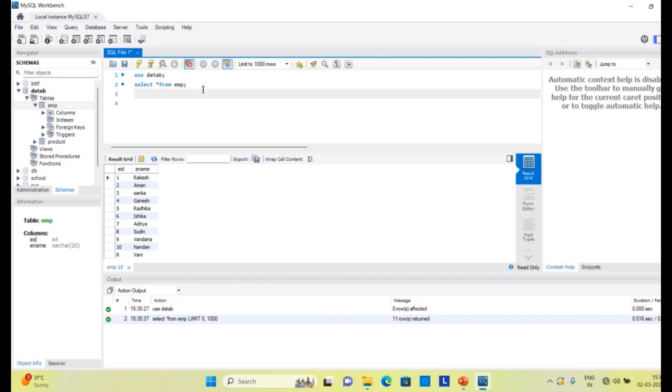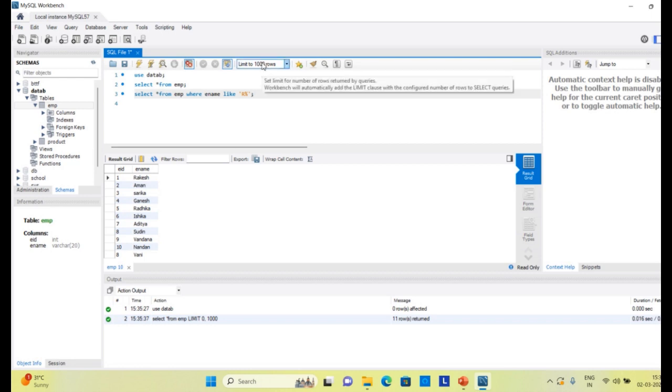How can I do it? I write SELECT * FROM EMP, then the WHERE clause: WHERE ENAME. We are searching for a pattern in the column ENAME, so I will write WHERE ENAME LIKE, and after LIKE I put a quote, then R, the first letter, followed by percent, then a closing quote and a semicolon.